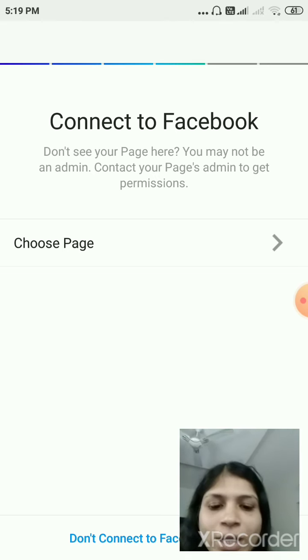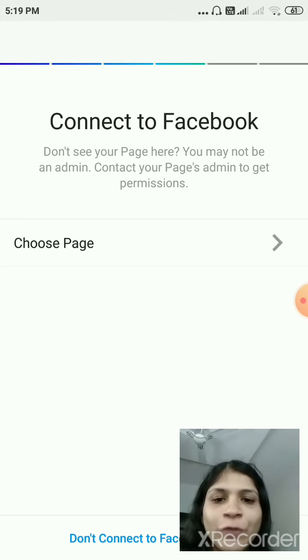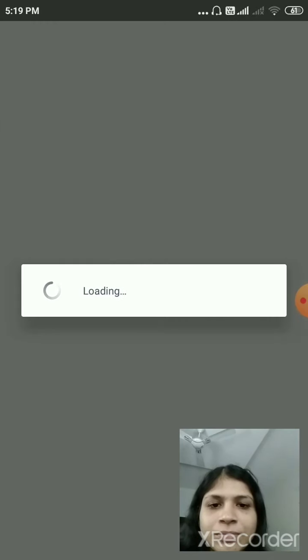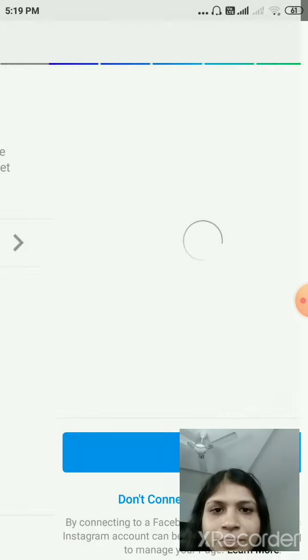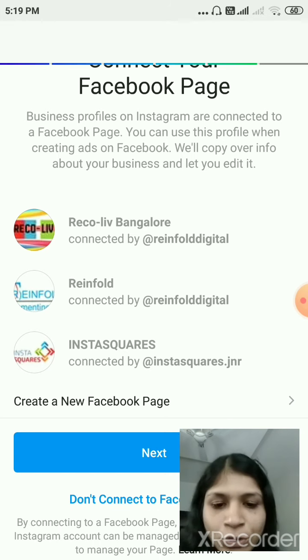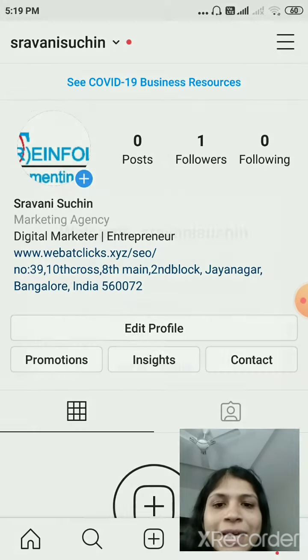If you already have a page and would like to connect it to Facebook, you can connect. If you would not like to connect it to Facebook, just click on the don't connect to Facebook button.